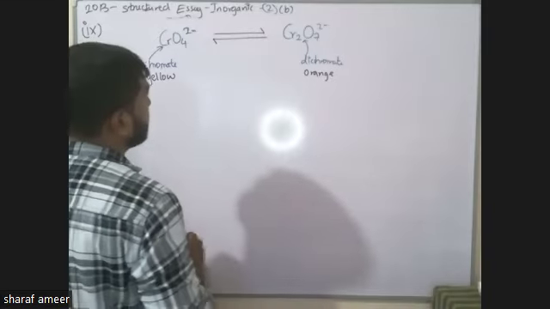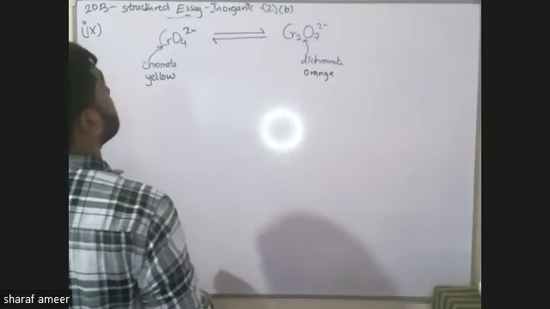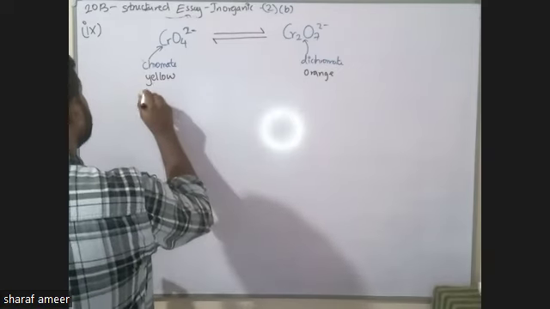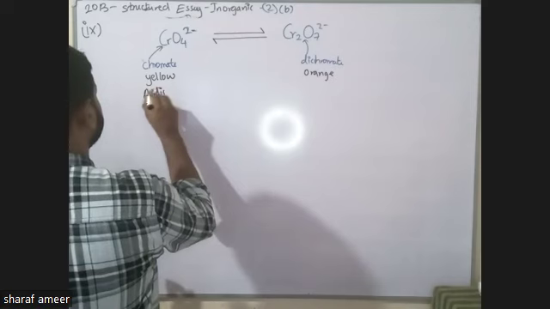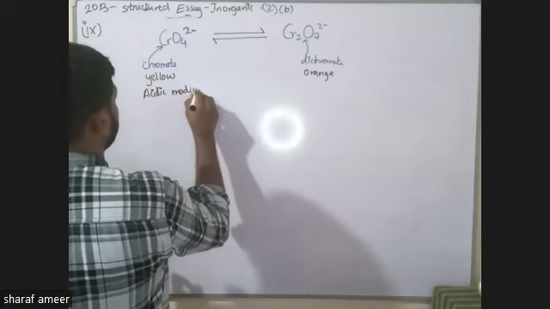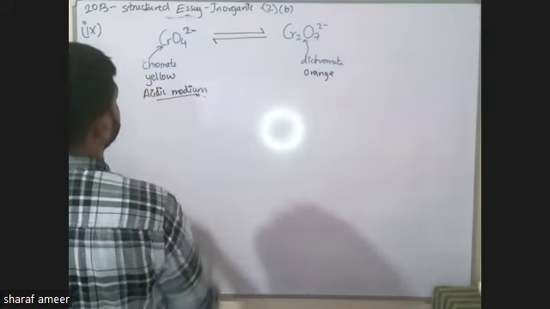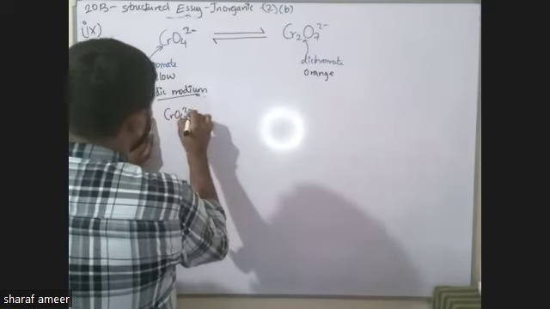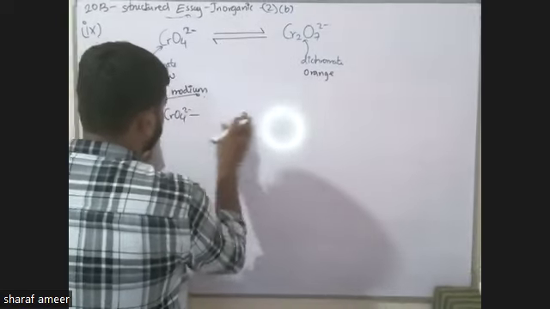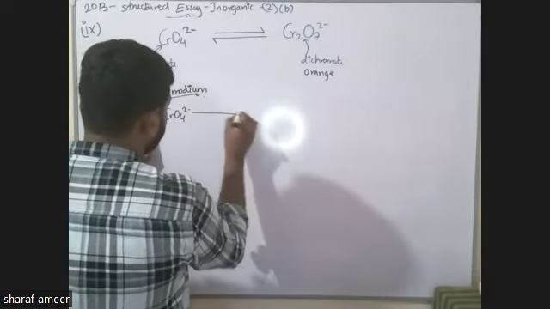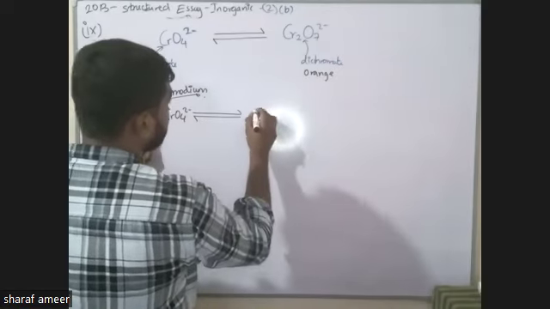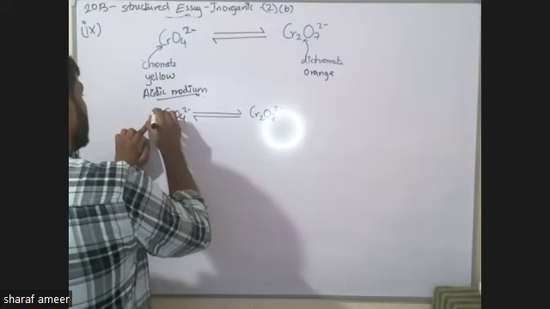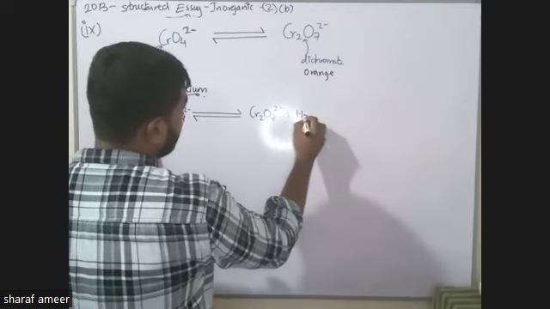So if you write their balanced equation, let's say first for acidic medium. See here, guys. CrO4 2 minus will have an equilibrium with Cr2O7 2 minus in the normal case. So if you balance this out,